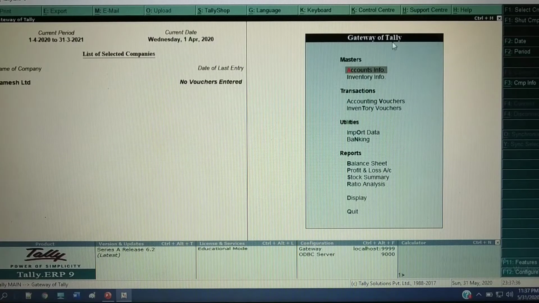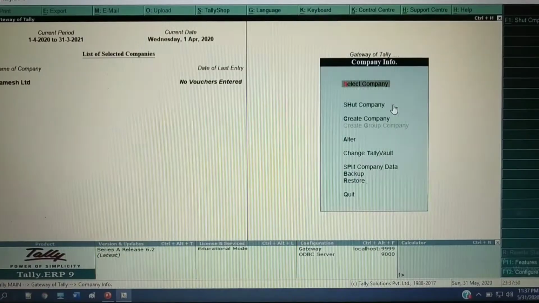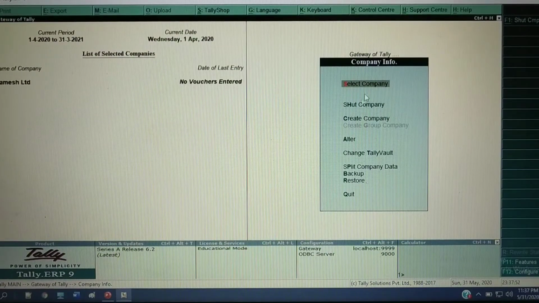If you want to open Company Info, you can click on the Company Info button by mouse, and that Company Info will be opened here. First I will explain how to use all these options by selecting options from Company Info. Then I will show how to use shortcut keys for all these options.